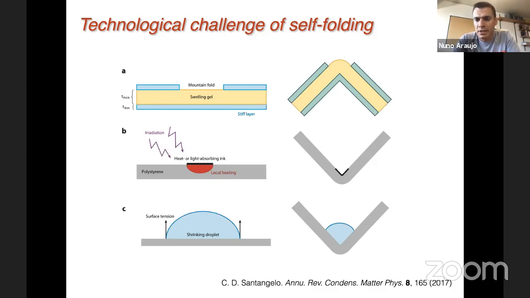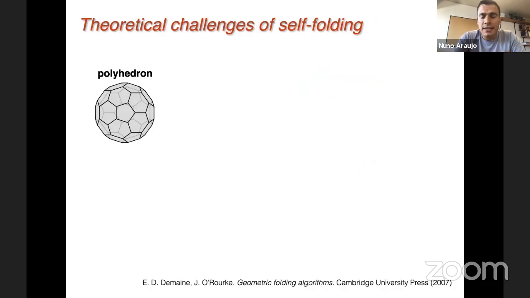And here I'm just showing examples of possible ways to do that, like, for example, combining materials with different properties, like a material that is able to swell and a stiff material, or, as in the second case, using some material that is sensitive to light. So in the presence of light, it changes the mechanical properties and then it will fold in that particular place. Or using, for example, some droplet of a fluid that will shrink and will drag the different panels and make them close. But my focus today is on the theoretical challenges,